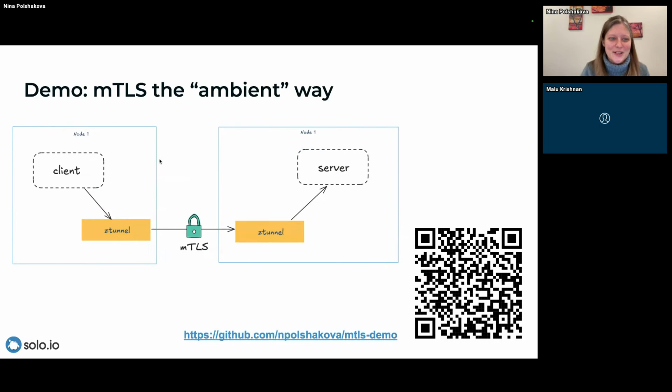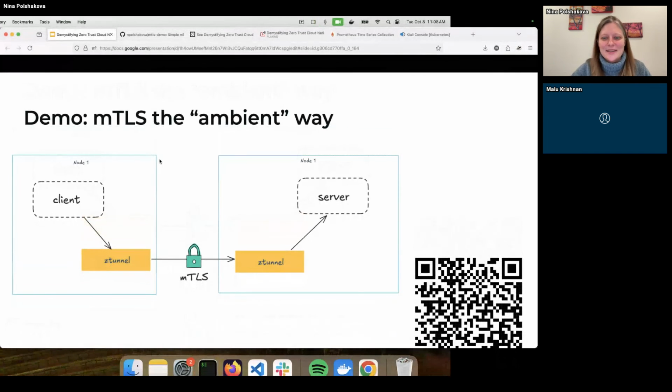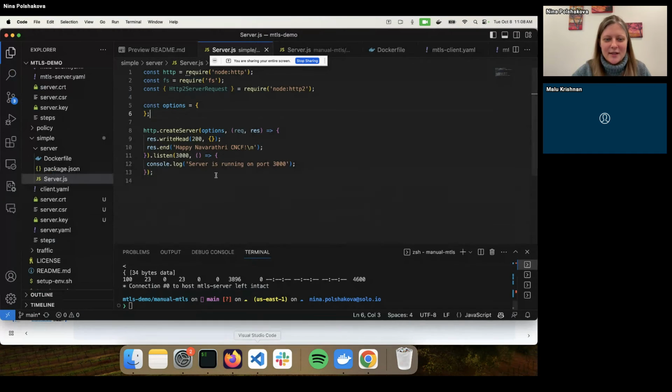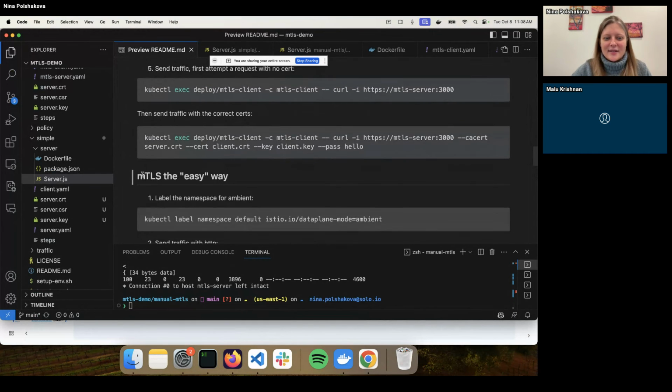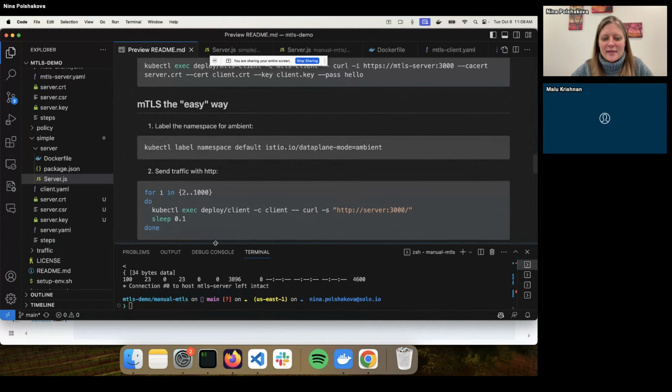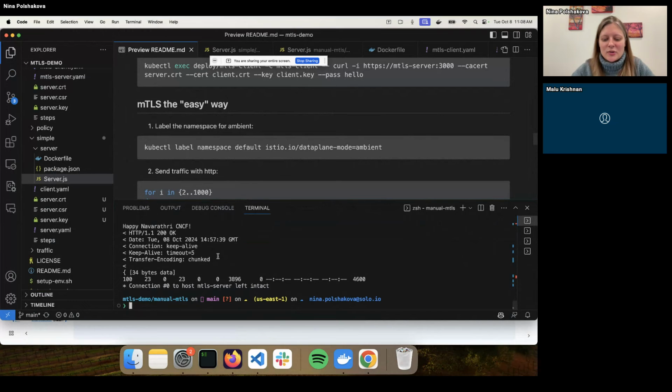Cool. Okay, so now we're going to take a look at how to do the previous demo where we did our surgery to edit our app to include the certs, the easy ambient way where we don't have to do any of that. Again, this is the same link as before, just slightly different section in the steps. So in the MTLS, the easy way, we're first going to label our default namespace. So to recap,